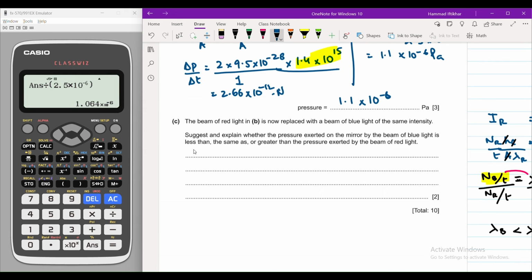The blue photon beam will have more momentum and will have a greater change in momentum,